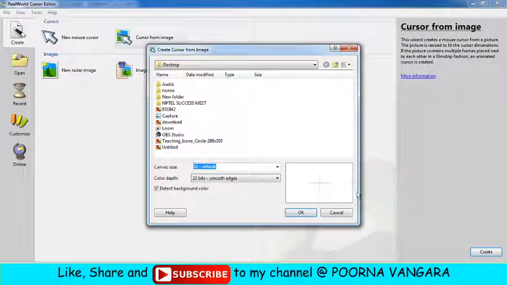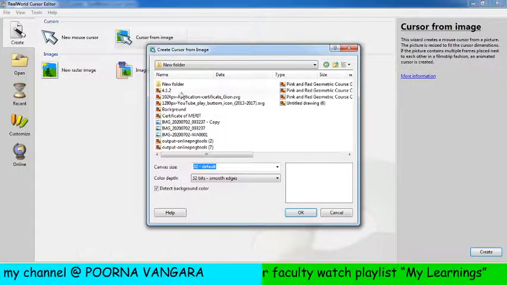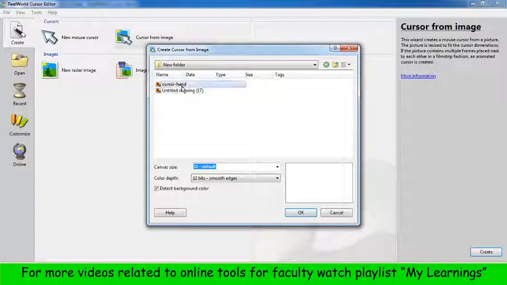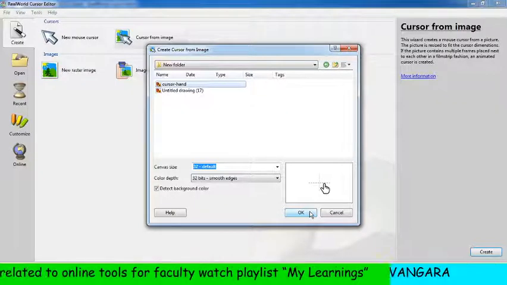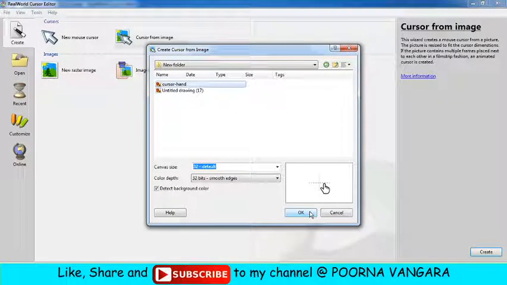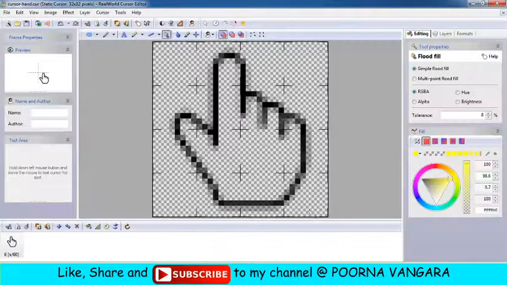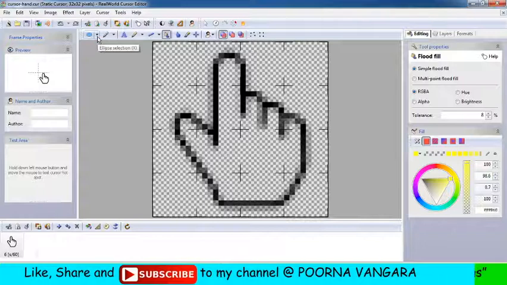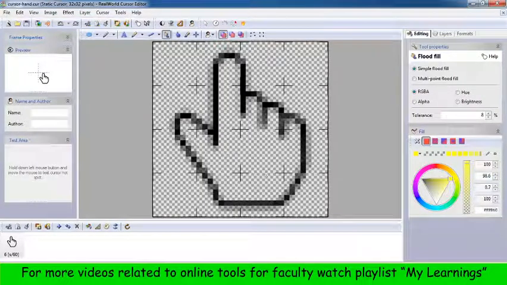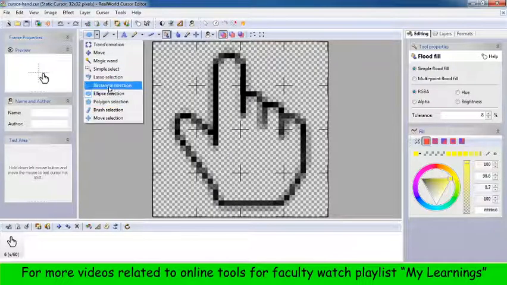So again create. Now you need to select the customize, whatever the image you want to customize. So as I said in the starting, I want to use this cursor hand, and that must be, of course, it can be JPEG also, but if it is PNG, you can do more kind of customization. So click on OK. So this is my particular PNG icon. If you want, you can move this and anything you can do, but for me, okay, let me move it.